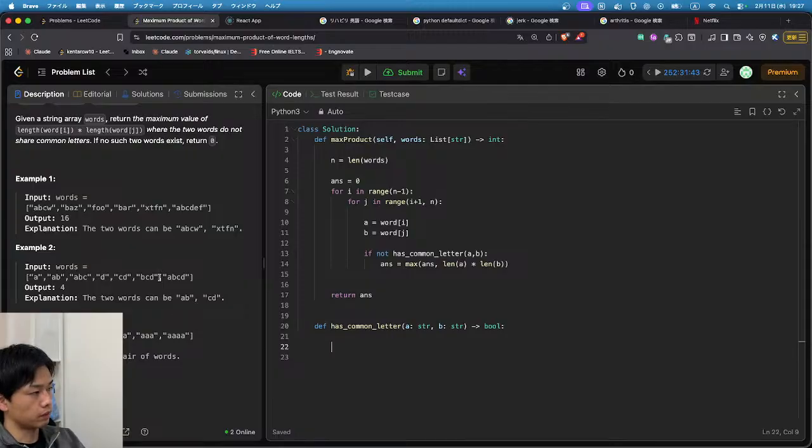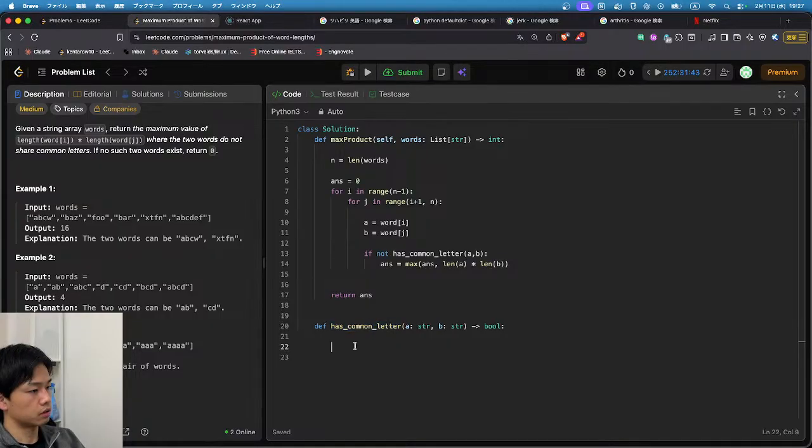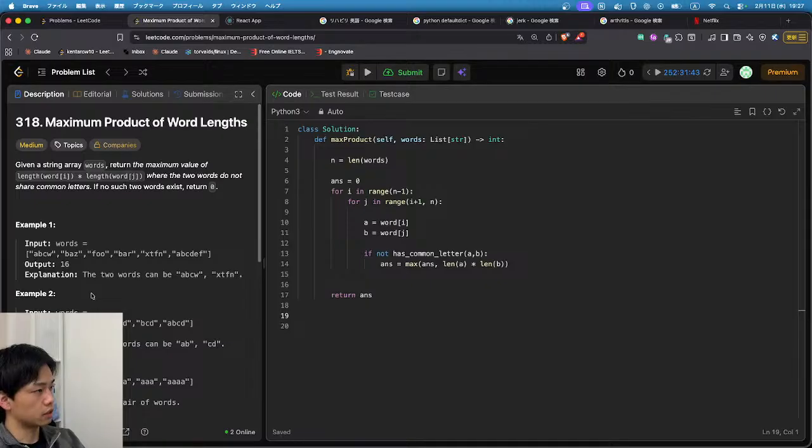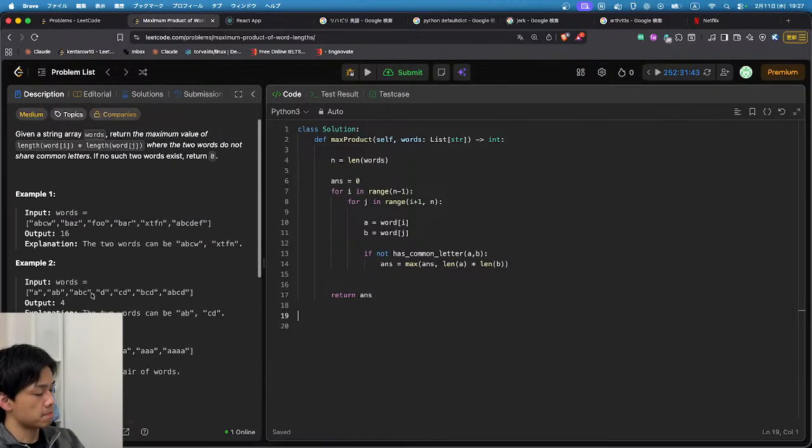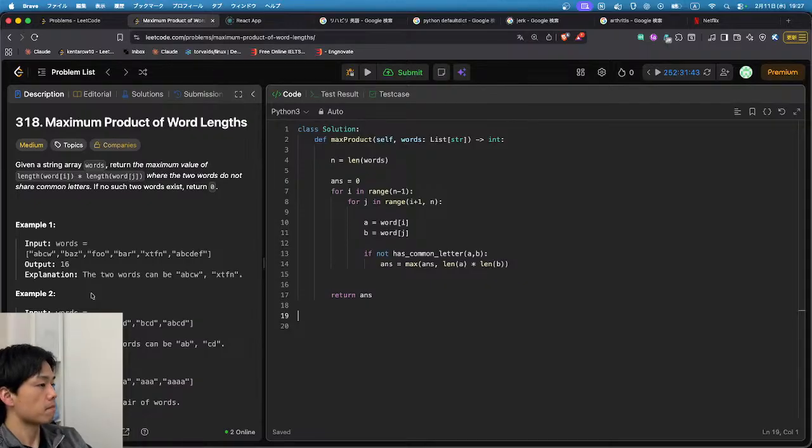I can implement this function, but it's not the expected answer. It takes too much time. So yeah, I have to change the strategy. The two words do not share common letters, so